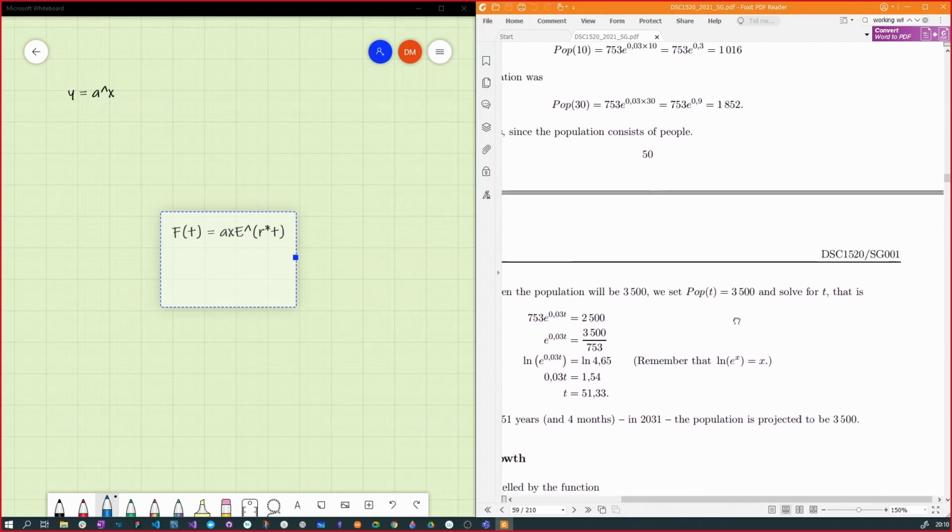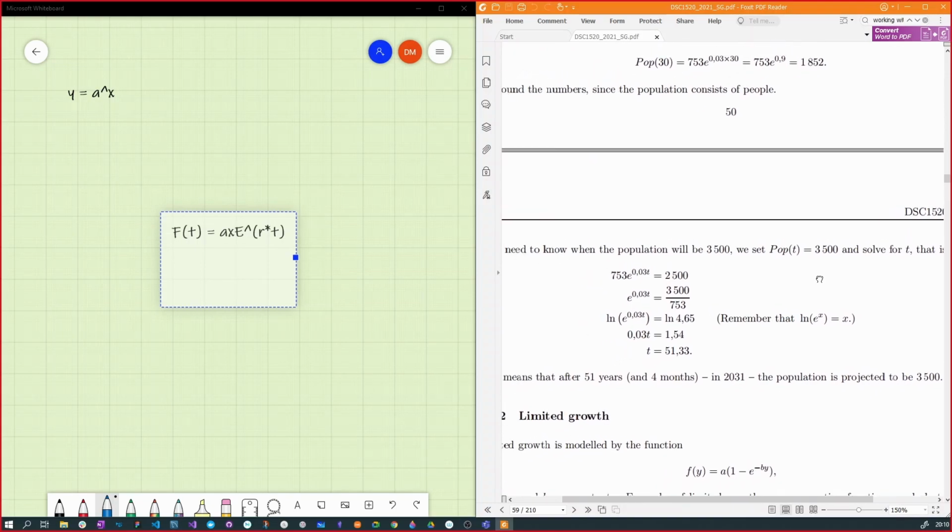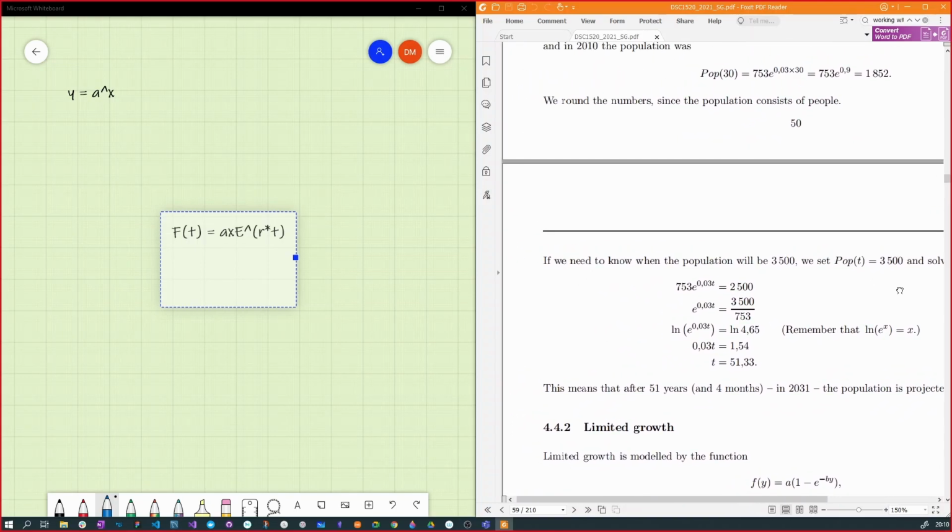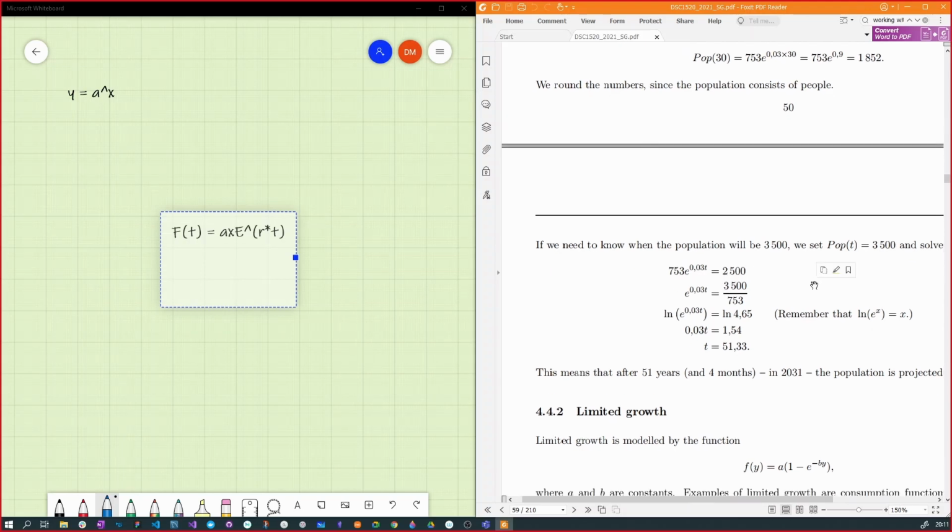This is where we would have to be very familiar with our logarithms, right? So here, what they've done is actually a mistake in the UNISA textbook. This should be 3,500 here, this value here. So we make 753 times Euler's number to the power of 0,03 times time, the subject of our function, equal 3,500. Obviously, if you divide both sides, you get this Euler's, right? And then we find